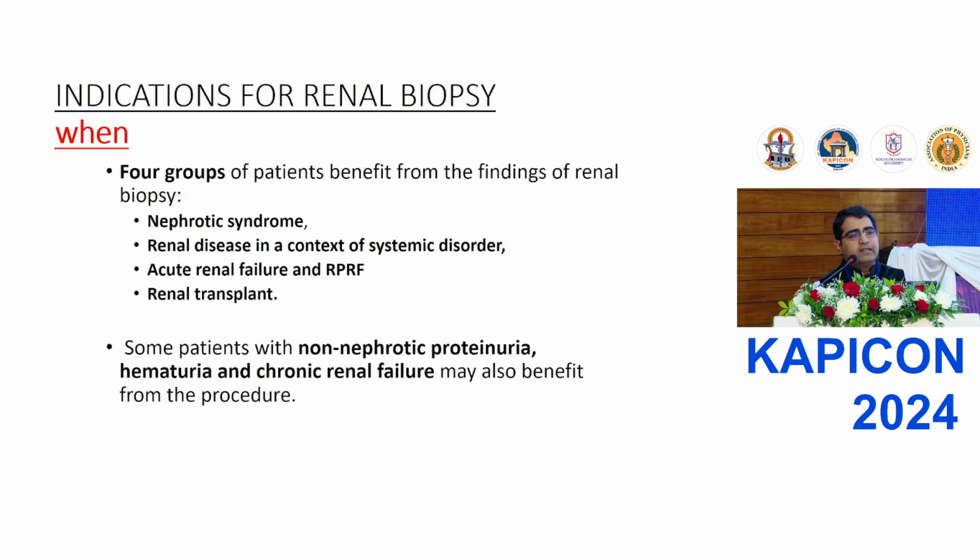Or there is rapidly worsening creatinine in a patient with diabetes mellitus without having an underlying infection. Such patients also merit a kidney biopsy to know what alternate pathological process is going on. The next subset of patients is acute renal failure. In acute renal failure, as we know, the pathology is usually a reversible condition.